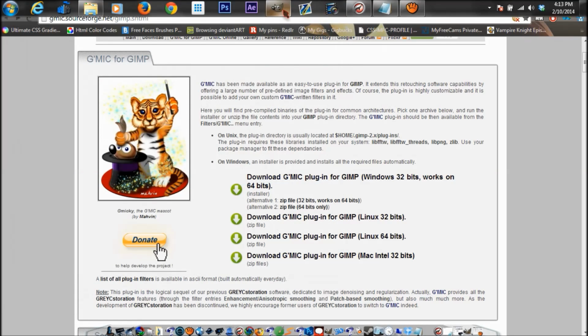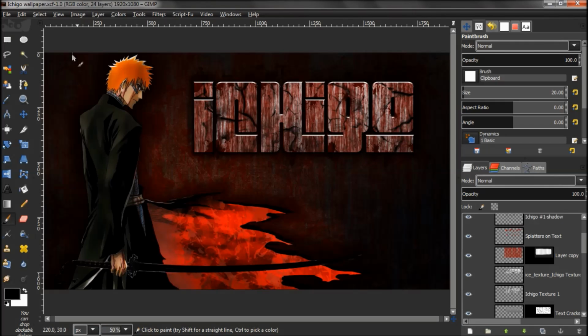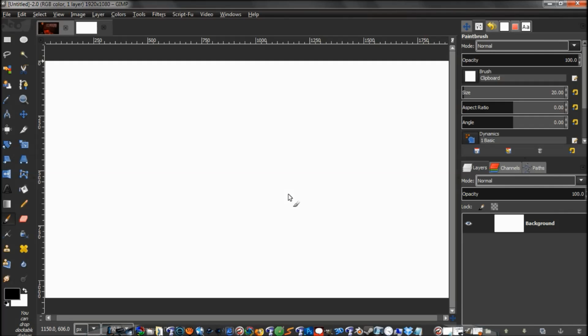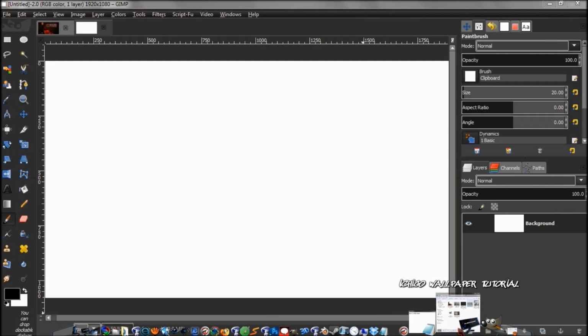Alrighty, now we can go ahead and get into the tutorial. We're going to go File, New, and I'm doing 1920 by 1080 with 300 ppi, and ppi is pixels per inch, just to let you know, and press OK. And we are going to go ahead and drag in